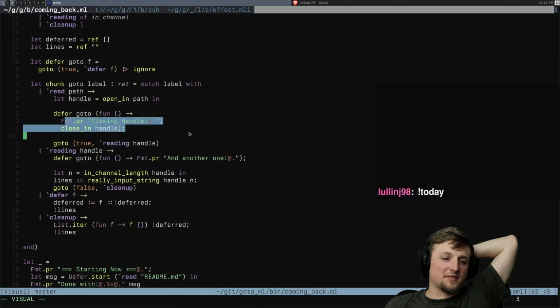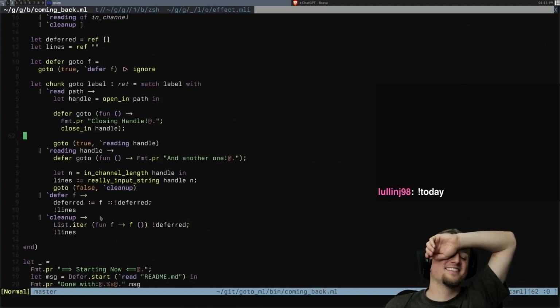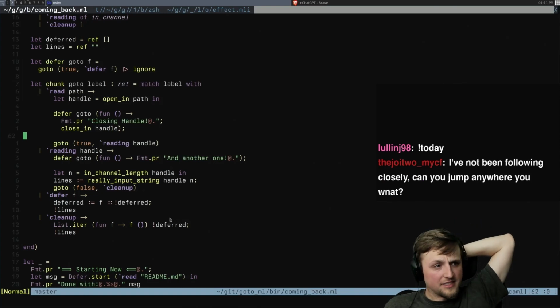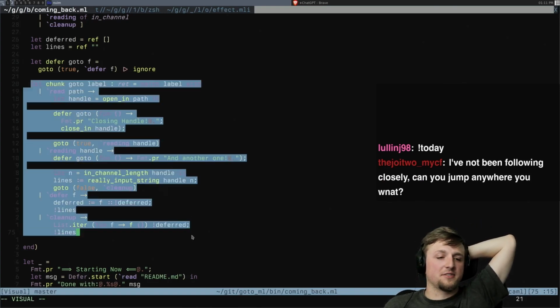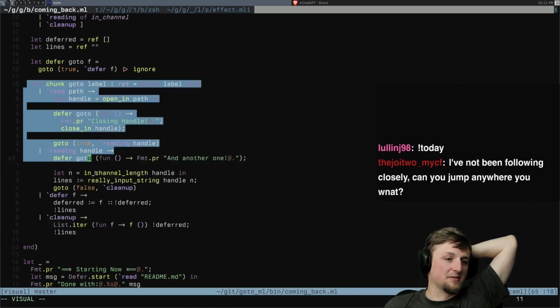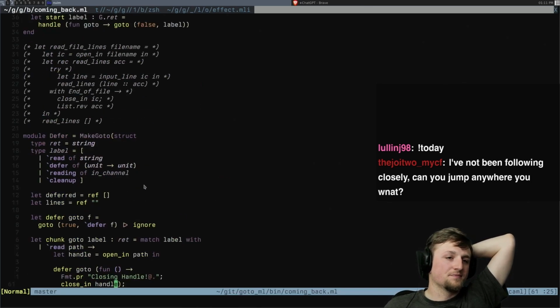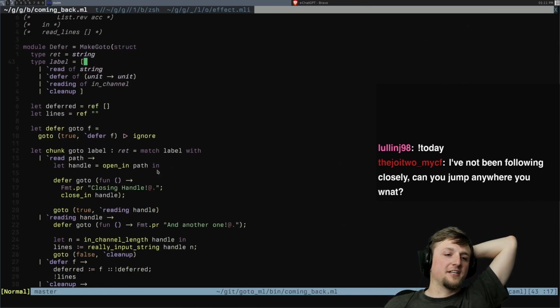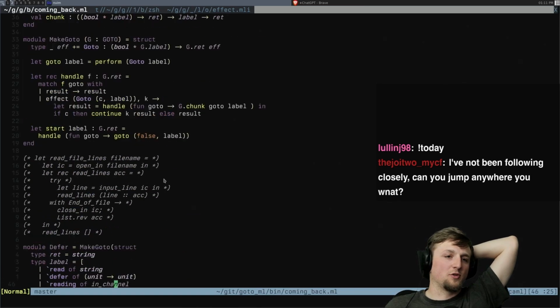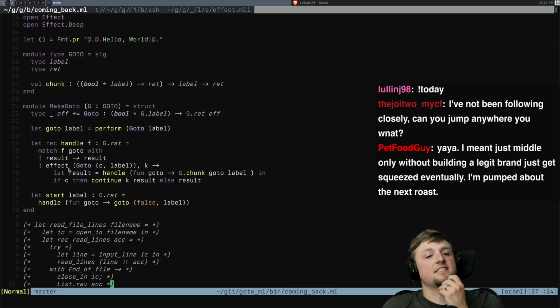You could go to something inside of the defer. Oh no. Can you jump anywhere you want? No, you can only jump to these labels, like within this area, basically. So it's like a poor man's defer. It's not actually defer, right? It's not actually go to. But it is kind of funny either way, just exploring what you could do here. I guess the other option would be, instead of doing goto here, you would do,